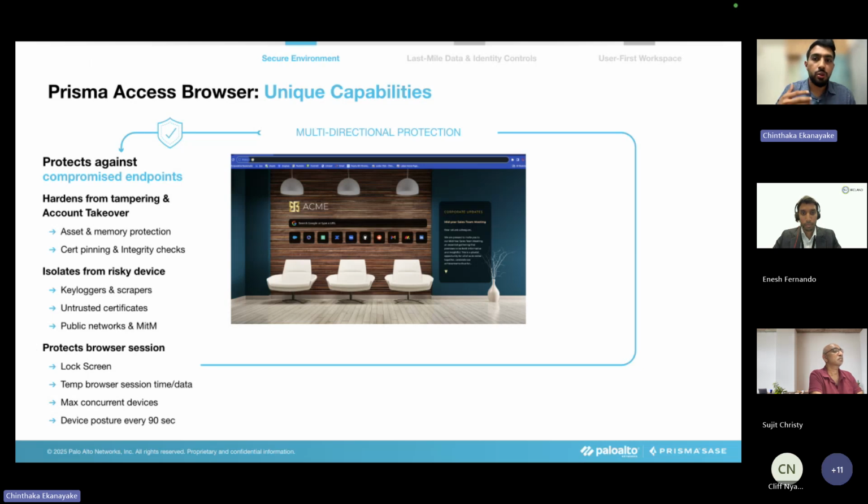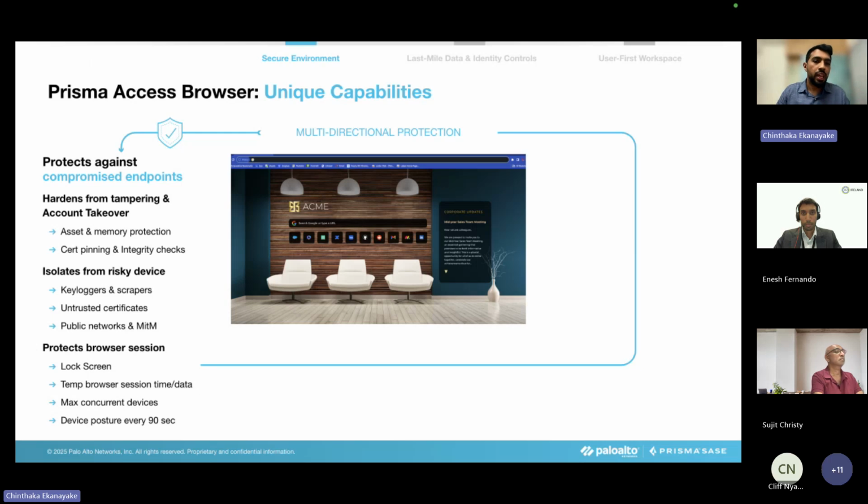We have protections around memory attacks, or even if there are tools like keyloggers present in the machine, if somebody enters something on the enterprise browser, the keylogger will not be able to capture that. And then we also have security around man in the middle attacks, where let's say a trusted certificate was installed on the device, but we can actually control the certificates that we trust on the enterprise browser to make sure that no man in the middle attack can take place when using enterprise browser.